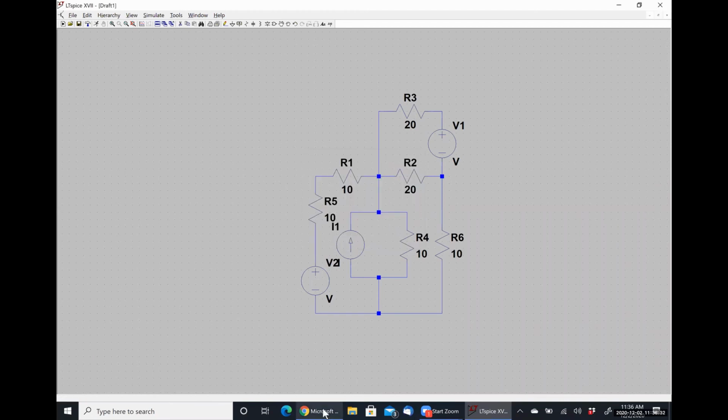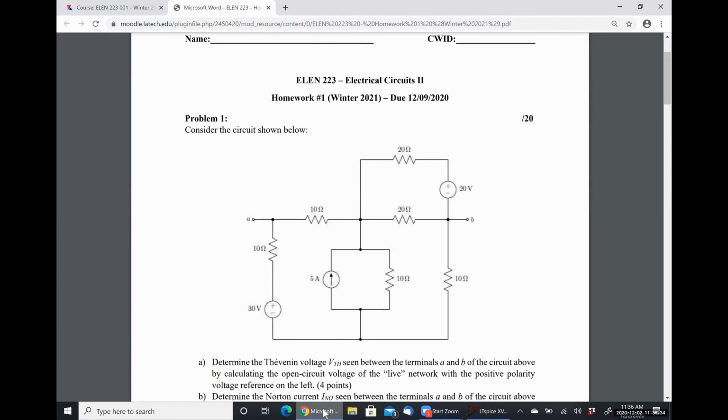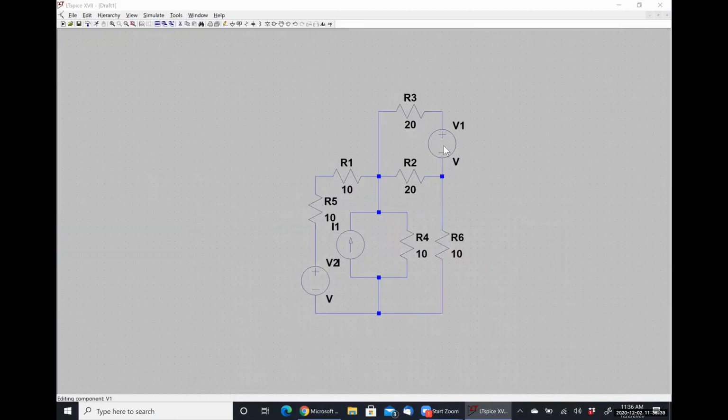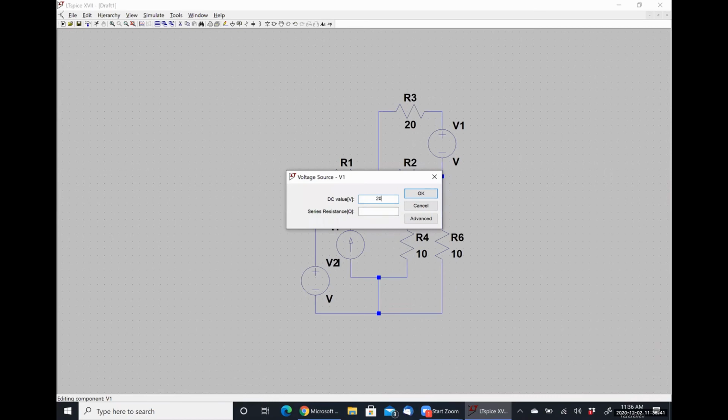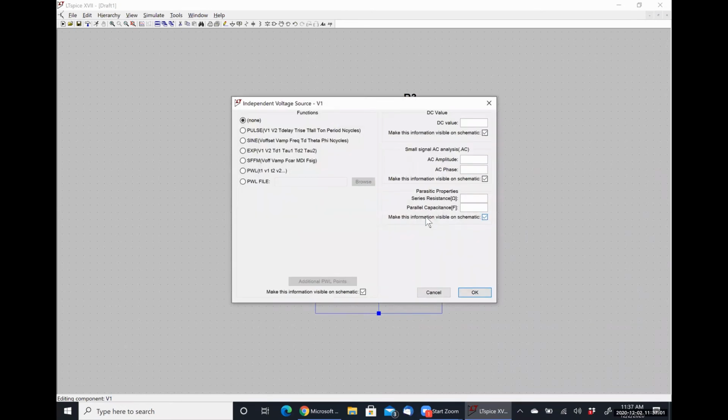All right, so I got all my resistors, 20 volt voltage source on top, 30 volts on bottom. One thing here: these are inherently a practical voltage source. If you notice, you can put in a DC value and then you can also include a series resistance, which means it treats it as a practical voltage source, or an ideal voltage source in series with a resistor. If we go to the advanced tab, which we're going to be using very shortly,